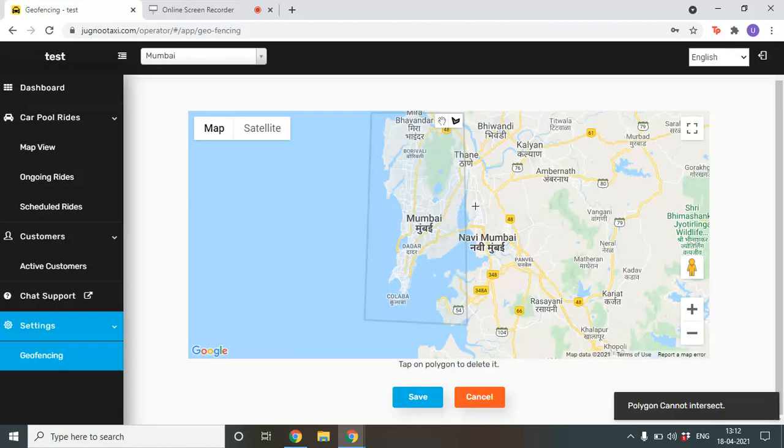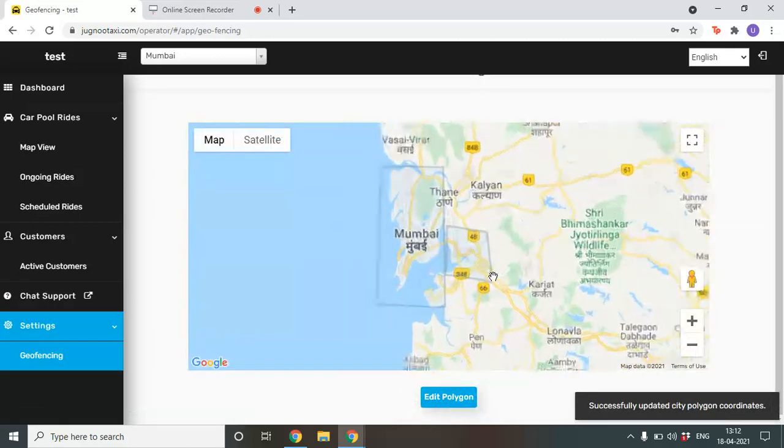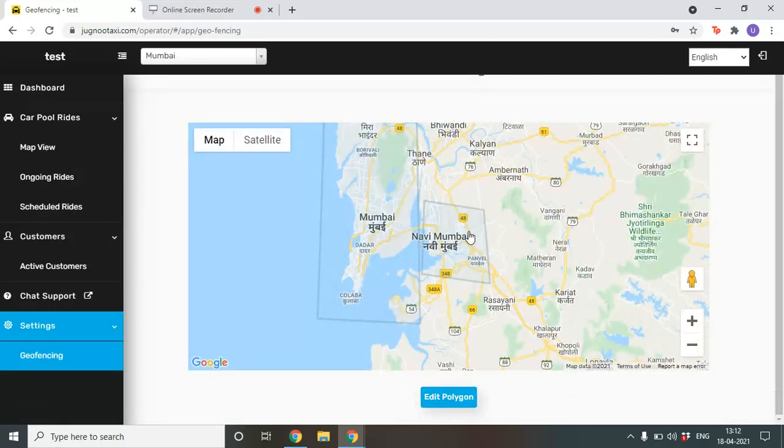The polygons cannot intersect, so I just need to add a polygon here and save it. Now my services will also be available in Navi Mumbai. Earlier it was only available in Mumbai, but now it will also be available in Navi Mumbai.